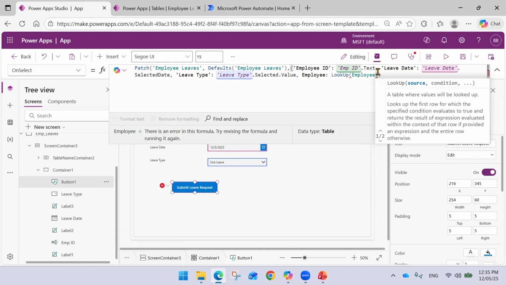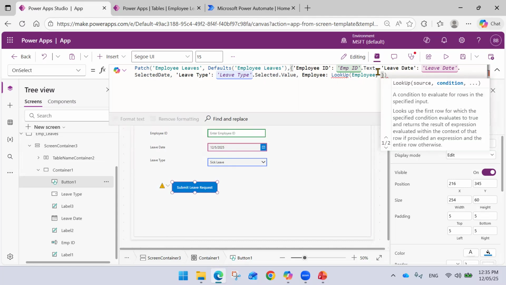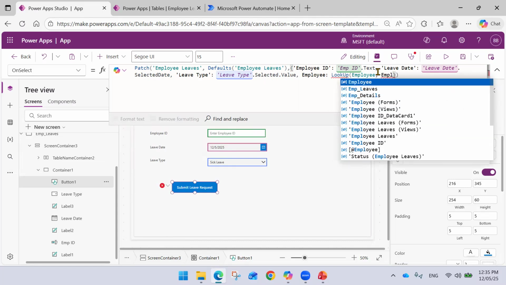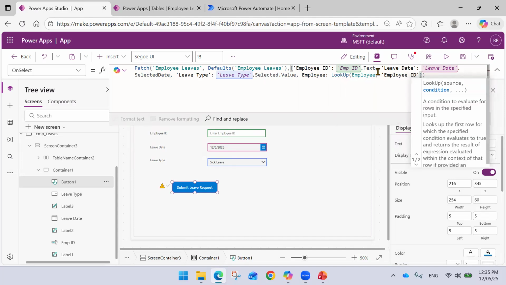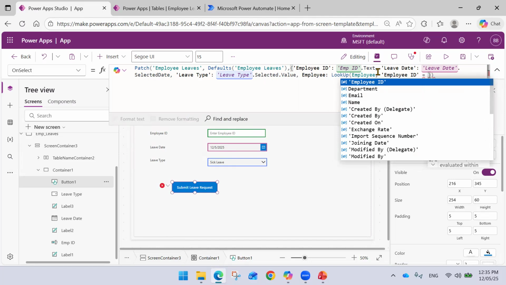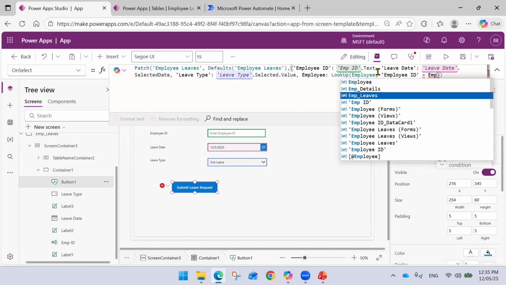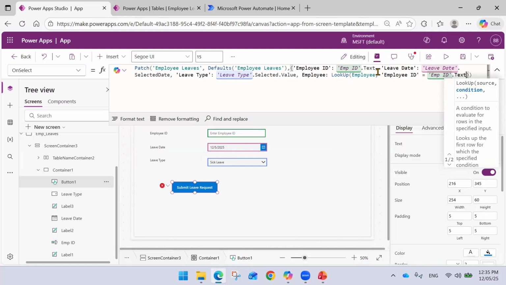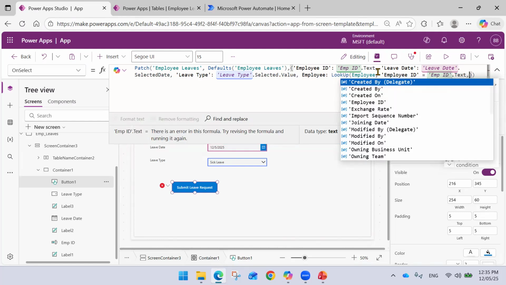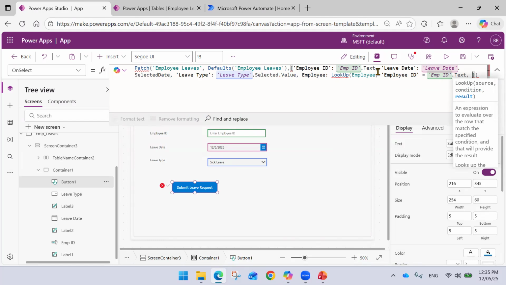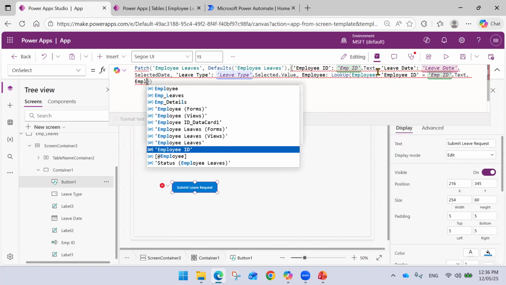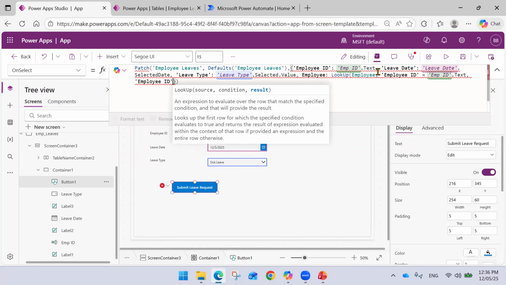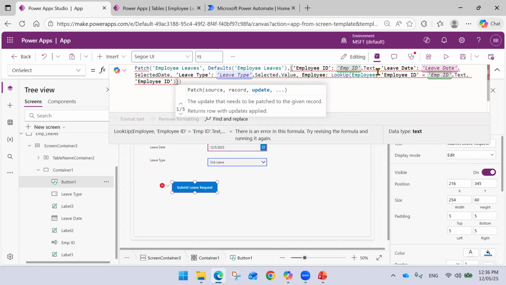Okay, source is this, and then employee ID equals to empid dot text, and then result will be employee ID from the